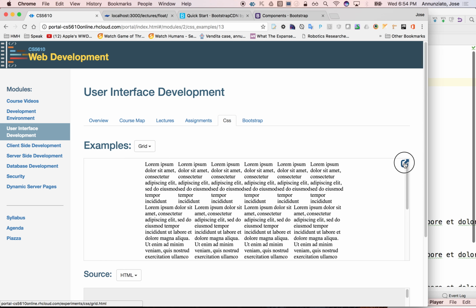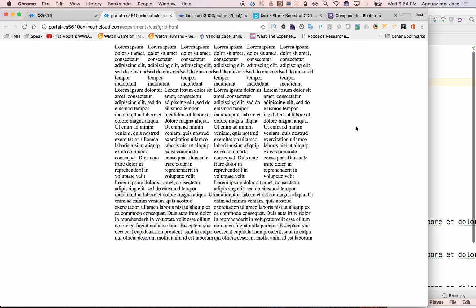So we'd like to be able to do something like this, where we have contents that can render with various columns. This is a very common technique that publishers use in magazines and newspapers. It has been around for several centuries. It's a very well understood way to lay out lots and lots of content, to break up the large content into smaller snippets of content, so that the human eye can easily consume this content. So it's been around since however long the publishing industry has been around, at least since the 1490s,